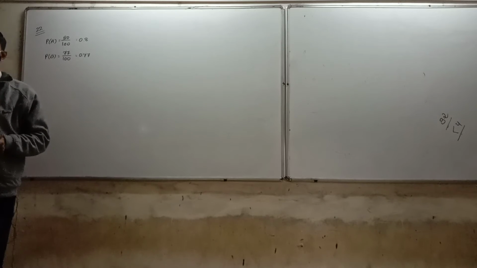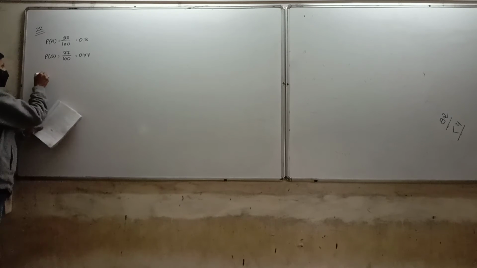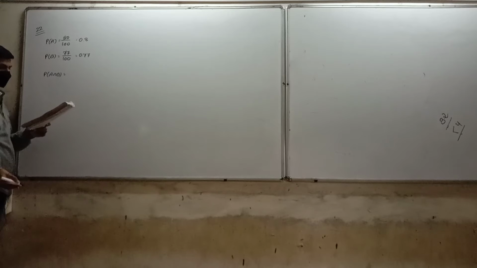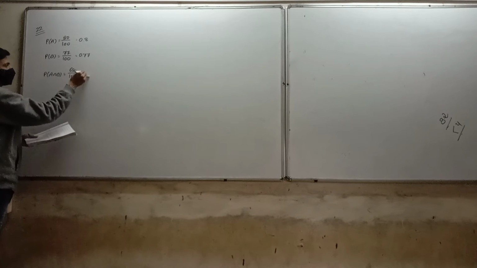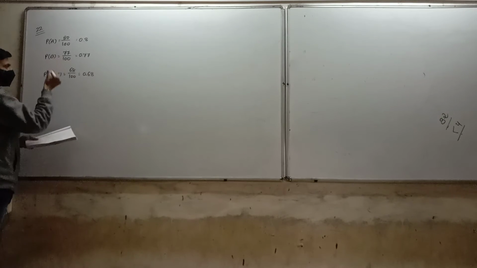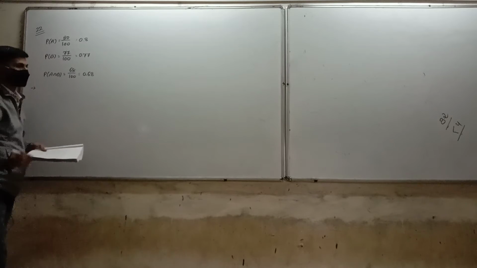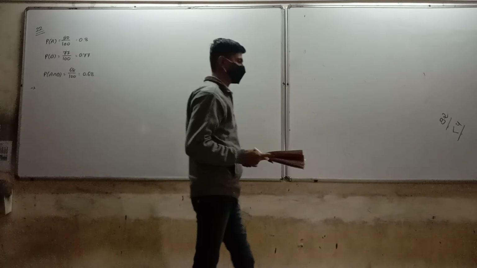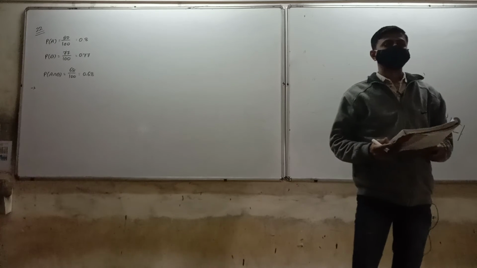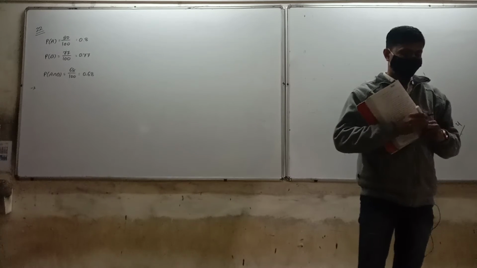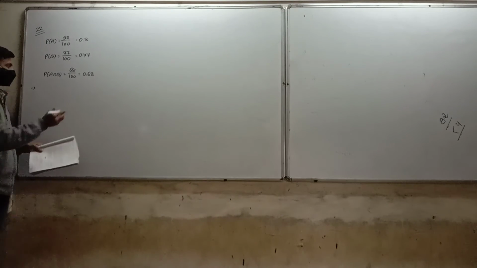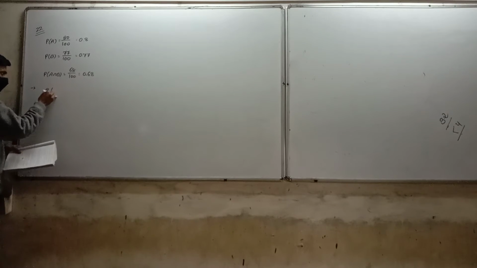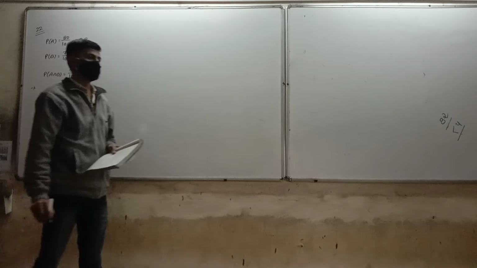New line. P of A intersection B is equal to 68 upon 100, that is 0.68. Now next, new line, write down: event B given that of A is equal to